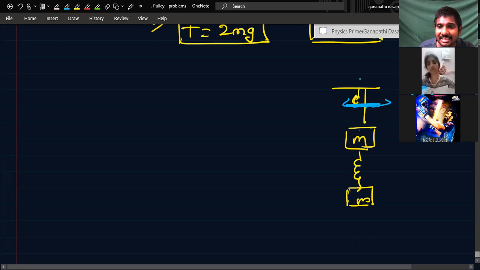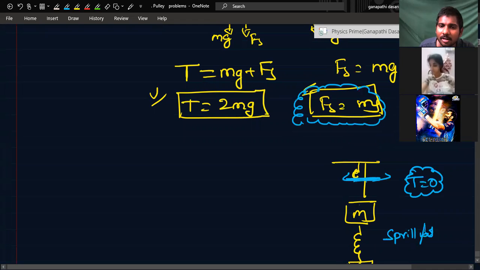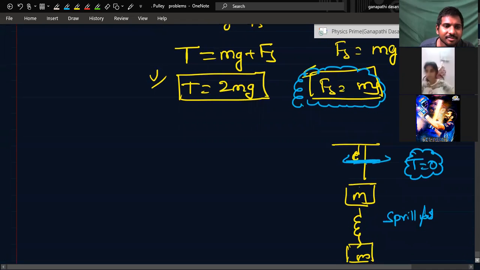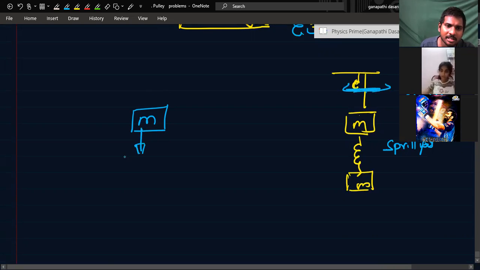Yes, sir. This tension force will become 0, but this spring force will not become 0. What is the spring force in the previous case? mg. Now also the spring force will be mg. Now if I draw the free body diagram for this M, upward tension will become 0 or not? Yes, sir. So what will be the forces after cutting? Mg and